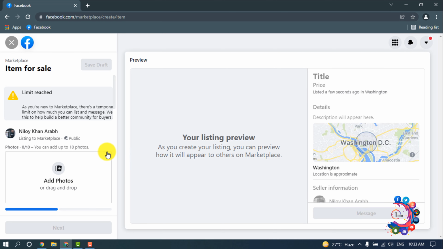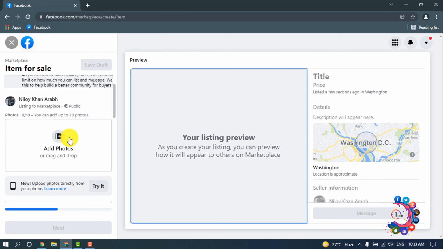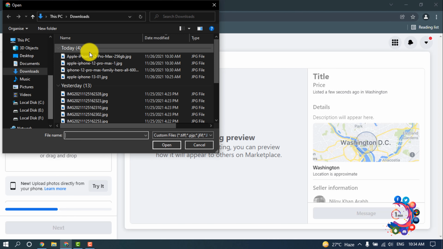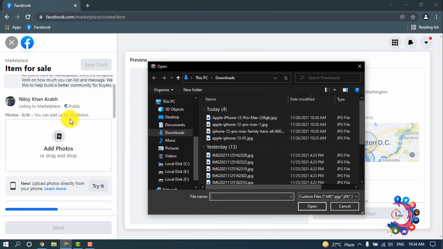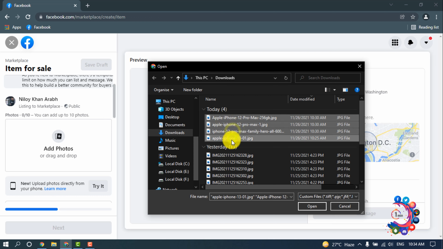Then in this section you have to put your product information. So first of all, you have to upload your product photo. To upload photo, simply click on it and choose here the photo you want to upload. And one more thing, here you can upload up to 10 photos. So I'm selecting my photos from here. I'm selecting total 4 photos. Now clicking on open,